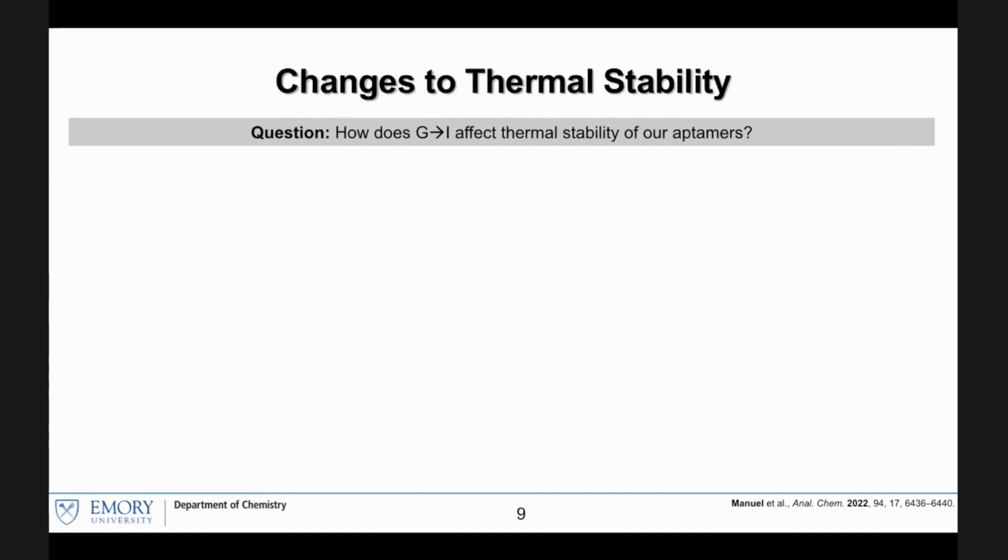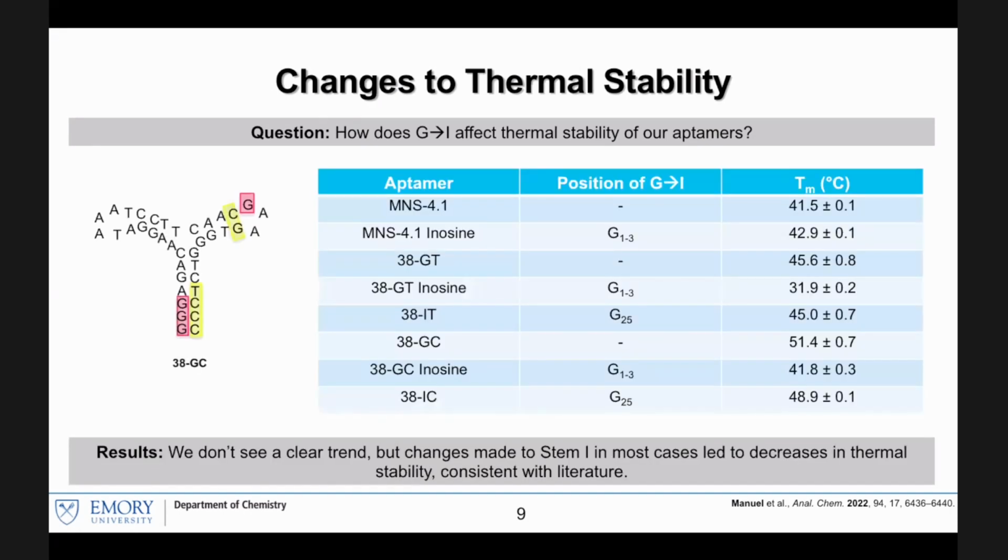And so we are not a structural biology lab. We don't do crystal structures of our macromolecules and study them. But we still wanted to investigate what could possibly be the reason for this range of binding affinities. And so the question we asked was, how does G to I affect thermal stability of our aptamers? Just old-fashioned Tm studies, right? So bringing back up our picture and a lovely table here that I promise I will break down for everyone,